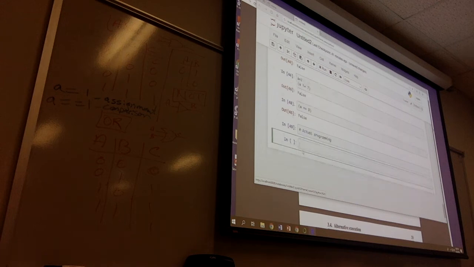Actual programming. Let's say A equals 4. If, and I'm going to put in my test, if A equals 4,